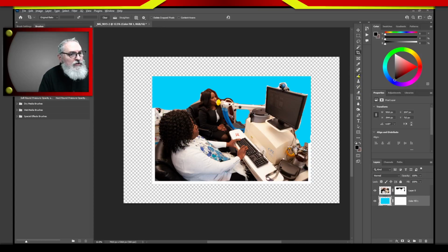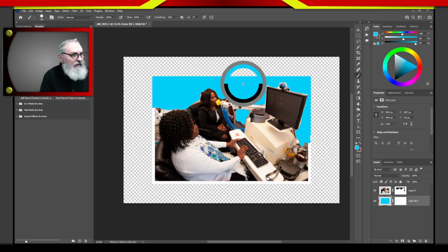So let's go to my brush. You can use the brush, or you can use any of the fill tools. I usually go to the brush. If I press and hold my Alt key, it becomes my color picker. And if I click on it,